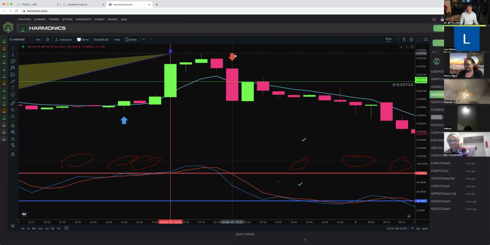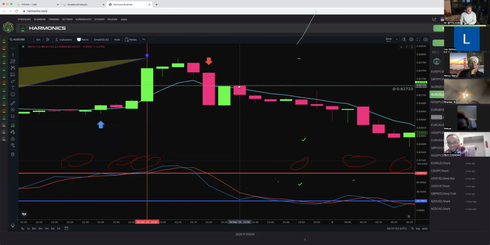So we looked at this one. I don't like to enter on impulse candles. Some people like it. I don't like it. Because when the market makes a quick move in a certain direction, we already know that it's going to make some moves back. So what I'm looking for is this right here. This candle, completely closed. Let me draw this out for y'all real quick for my newbies.